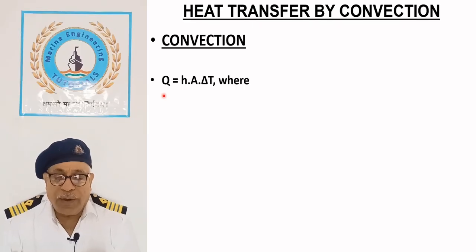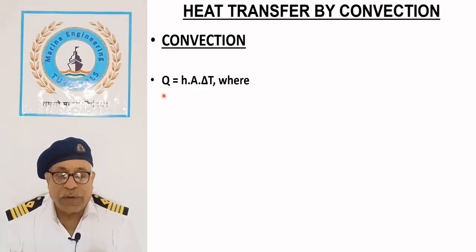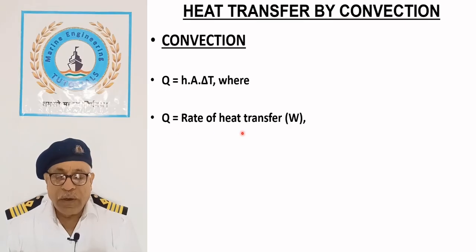Newton's law of heat transfer by convection states that the rate of heat transfer by convection is directly proportional to the surface area, the temperature difference between the surface and the surrounding fluid, and a constant of proportionality called the convective heat transfer coefficient. Mathematically, Q is equal to H into A into delta T, where Q is the rate of heat transfer in watts,